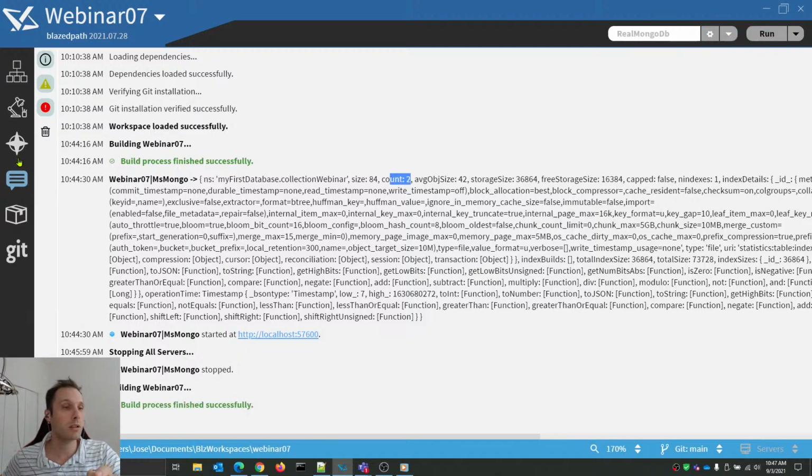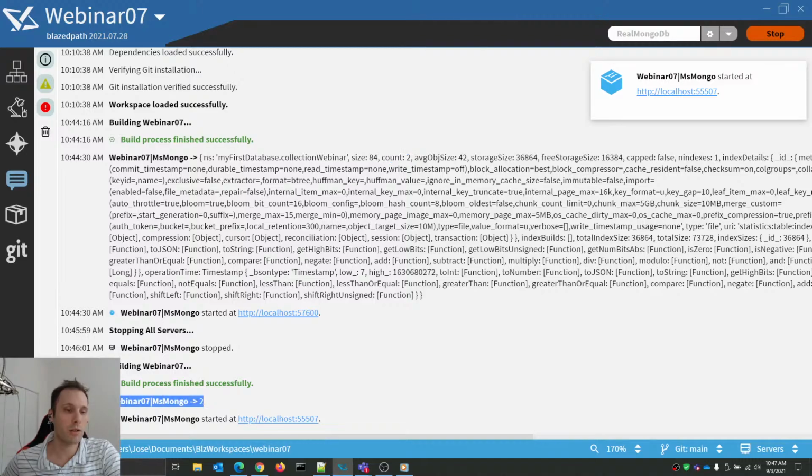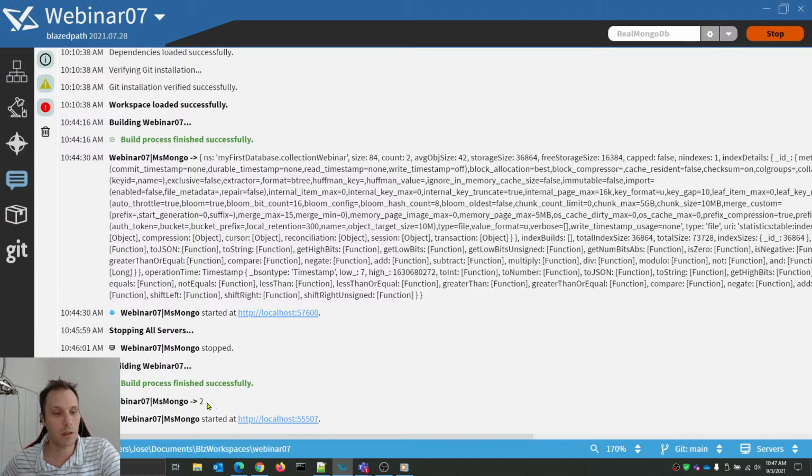So if I click on run, I'm going to get on the console log a 2, or I expect to get a 2. And there you go. The start of the microservice MS Mongo is giving me a 2. So that's to be expected. That's how you handle weakly defined objects in Blazedpath, and